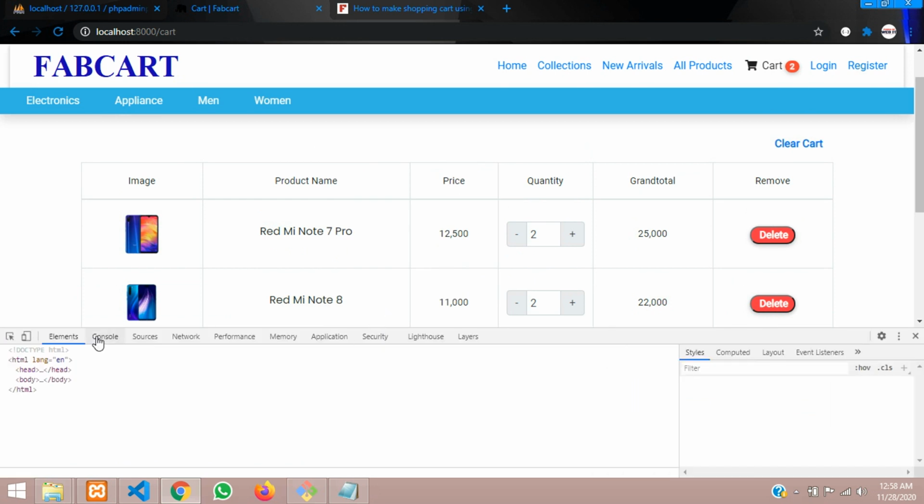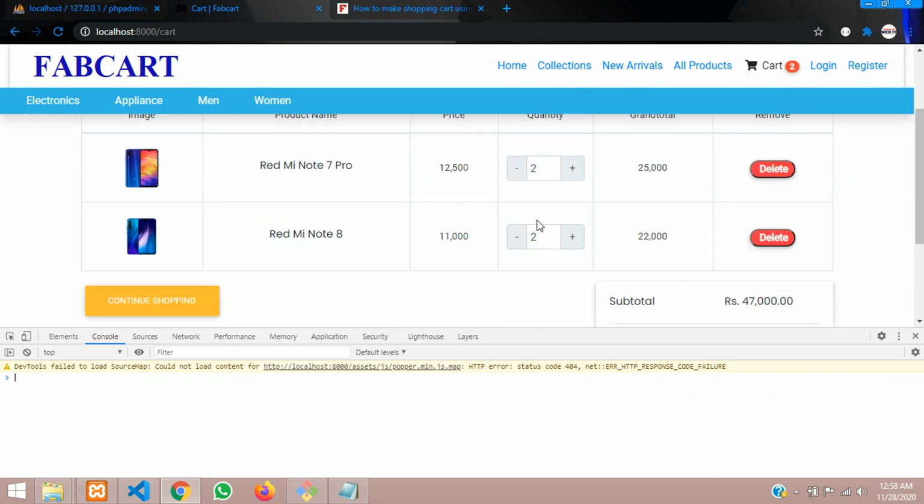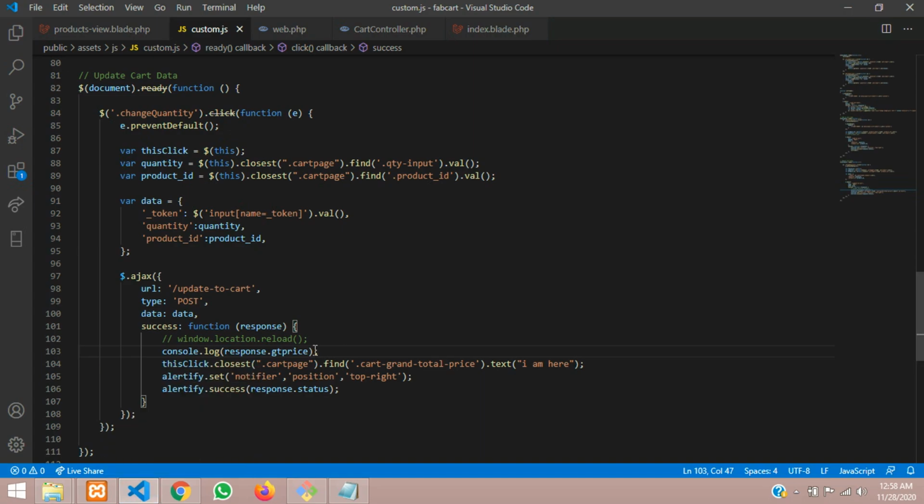Once you inspect, go to your console log, console command, and let's click on this. So right now 22,000 is there, multiplied into 3, cool, 33 it's showing, great. So the output is coming fine. So now whatever the output is coming, we have to paste it into this. So let me go back, let's copy this same thing and paste here.